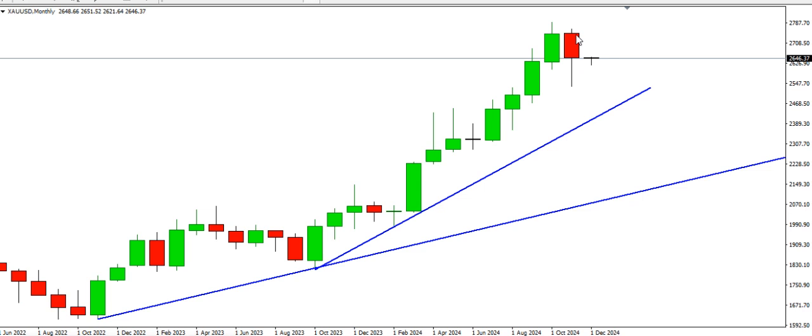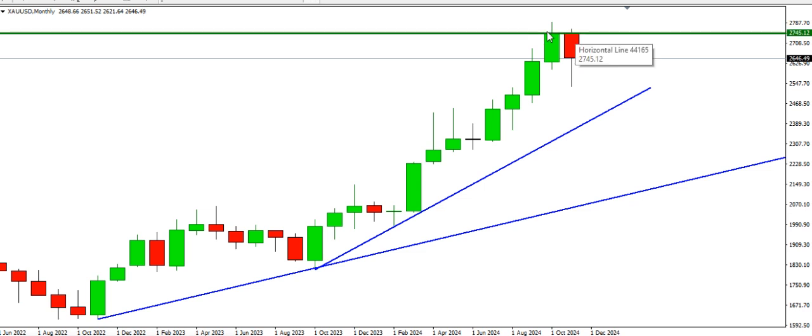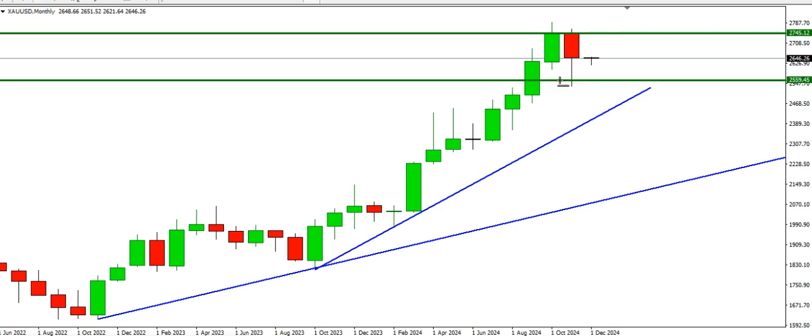So it's likely price might go up to test the open price of the previous month, which coincides with the closing price of the month before. So we might see price get to the 2745 area. That is a possibility. There's also a possibility for price to get to last month's low area, which is at 2554. So it either gets to this point and breaks to continue its direction, or it gets to this point